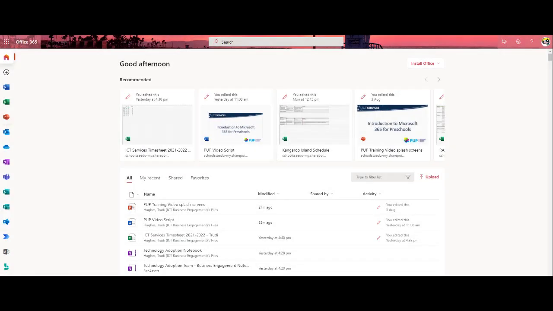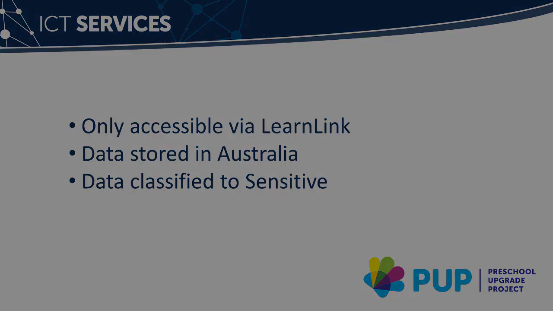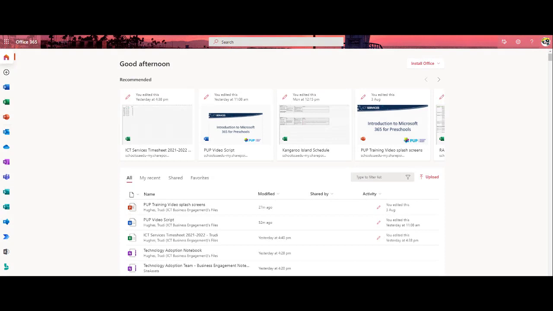A few things to point out about our Microsoft 365 environment. The environment is secure and can only be accessed via a LearnLink account. Our data is kept in Australia and we can store anything classified to sensitive. It's a safe environment and all of the relevant risk assessments have been undertaken. Having said that, how you choose to share information can